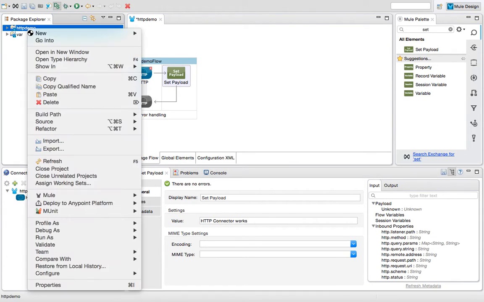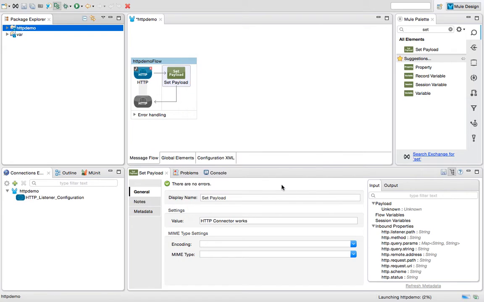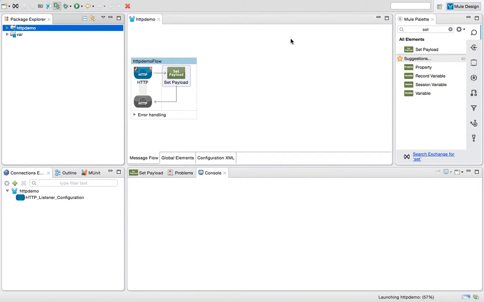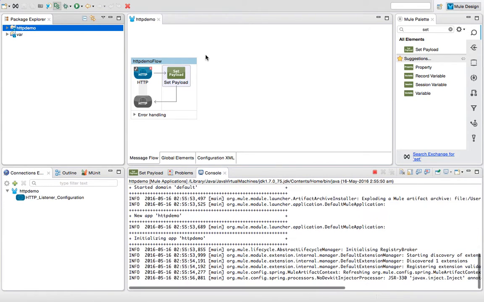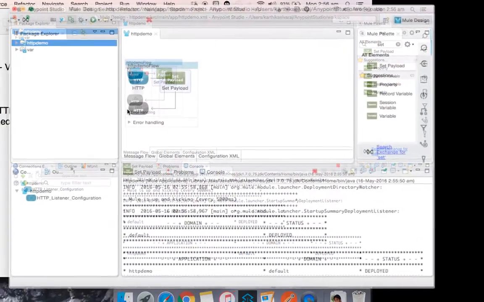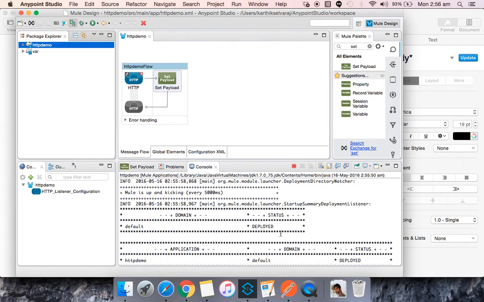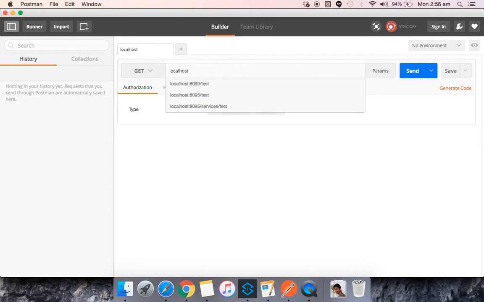So let's deploy the Mule application. It has been successfully deployed. To test this service, we will be using a plugin called Postman, which is available for free in Chrome. Maybe I'll make a short video on how to download it. It's pretty simple. Now we have hosted the service on localhost